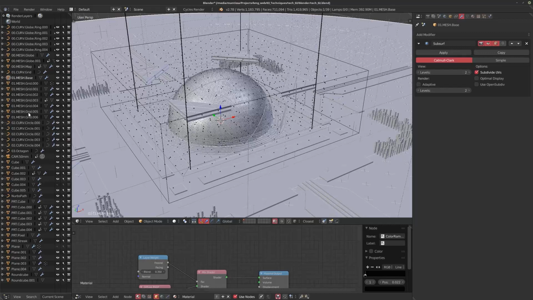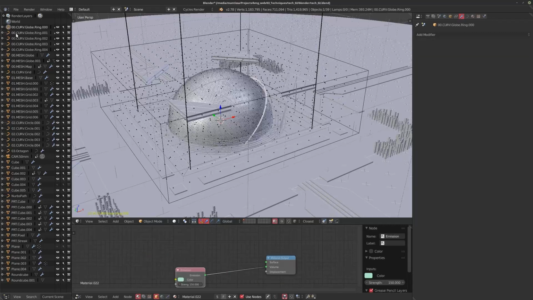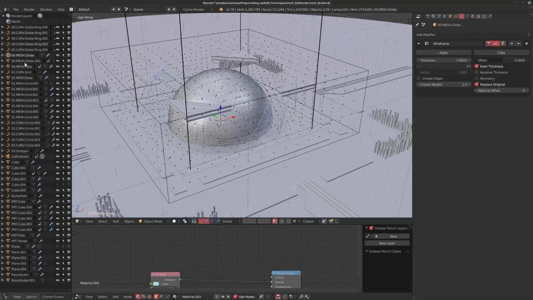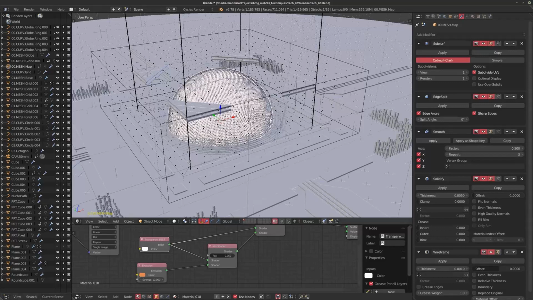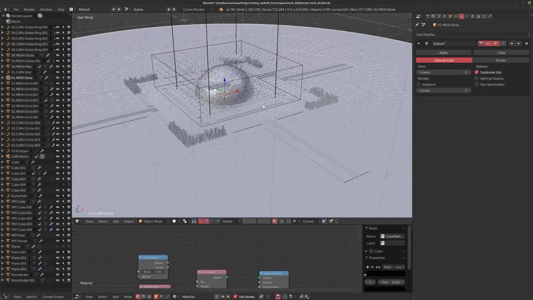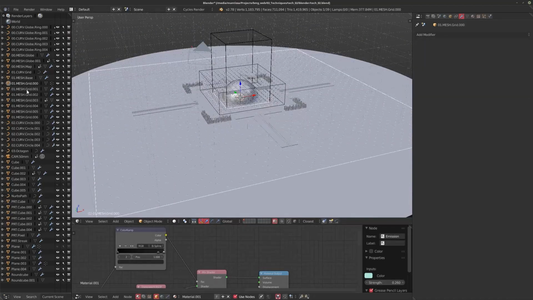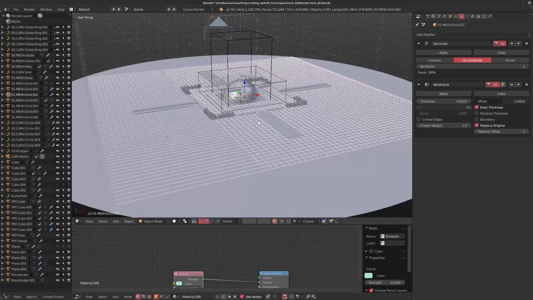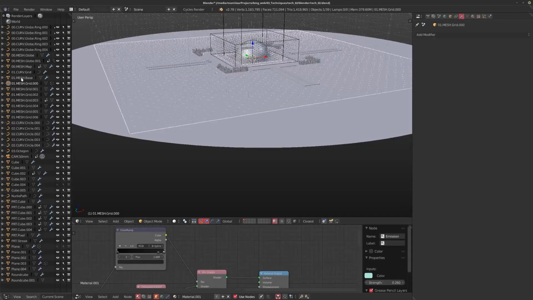I tried to name as many of them. I sort of gave up towards the end because I was on a roll and I was doing stuff. But just to show you very quickly, when you're creating these different elements, I like putting numbers in front of them. Everything that is 0 has to do with the meshes for the globe, so it's all those curves and stuff. Then there's one which is the grid, and all these basically grids at the bottom, and maybe I can talk about those very quickly as well.